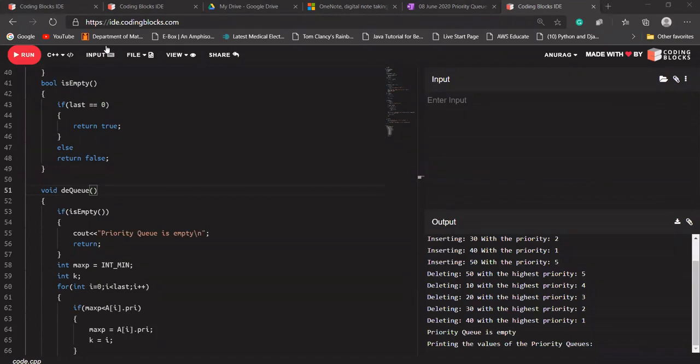Or does anybody have any doubt regarding the code at any moment? Please respond in the group chat so that we can move further. I'm waiting for your responses.